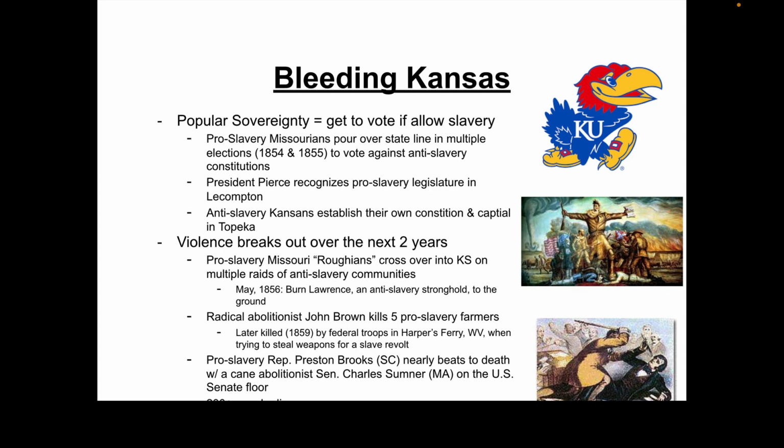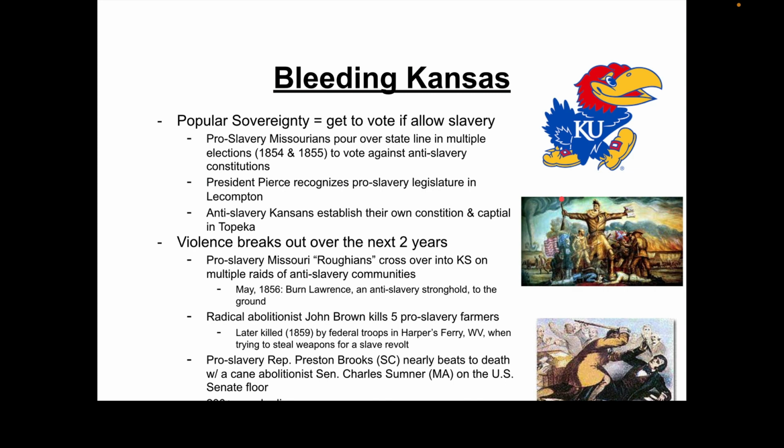Now what they are doing is folks from Missouri crossing over into Kansas on multiple raids and attacking anti-slavery communities in the state of Kansas. Literally burning some of them to the ground, killing people who are anti-slavery because they want to drive fear into the hearts of the anti-slavery Kansans so that they will capitulate and be willing to put forth a pro-slavery constitution. In fact, in May of 1856, the city of Lawrence, Kansas, again,